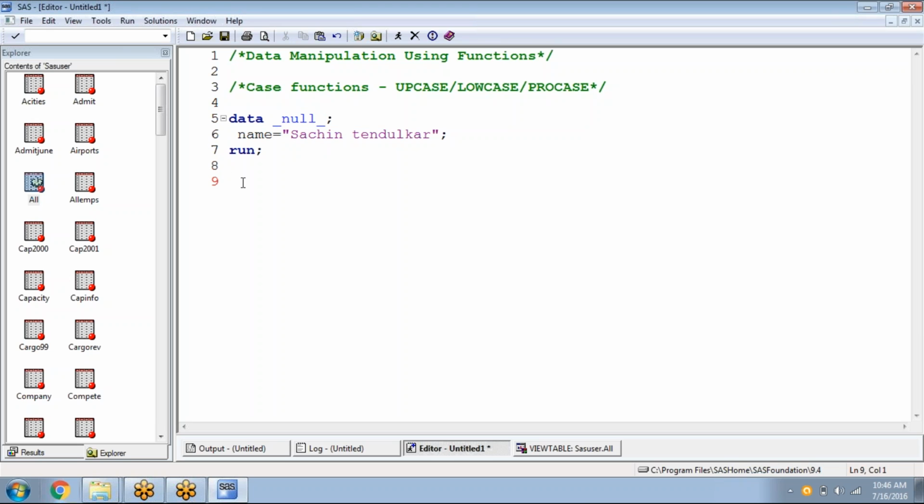It means don't create any data set. Please don't create any data set. If I use a keyword called underscore null underscore, it doesn't create any data set. So why do we use underscore null underscore? We'll see in 1-2 minutes. So now what I'm trying to do, in the variable called name, I'm trying to assign a value called Sachin Tendulkar, right? So if I execute this,